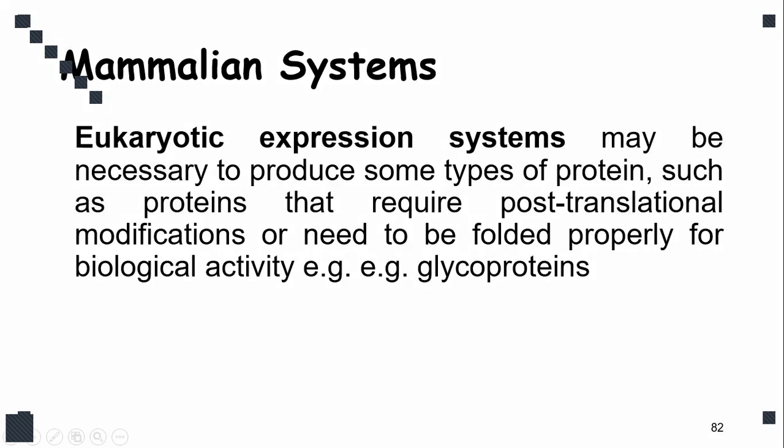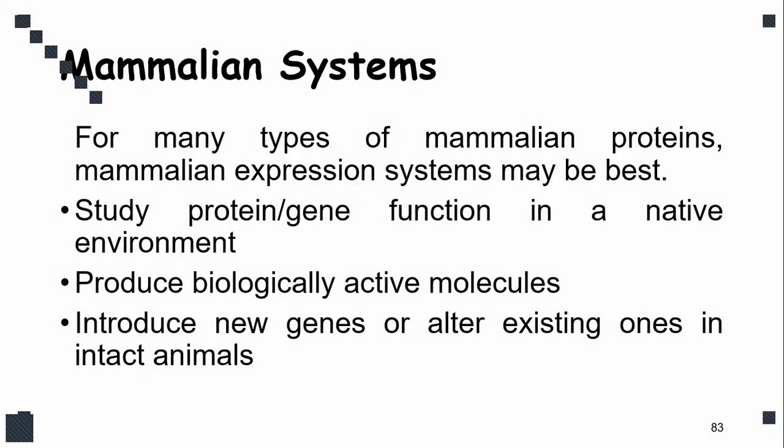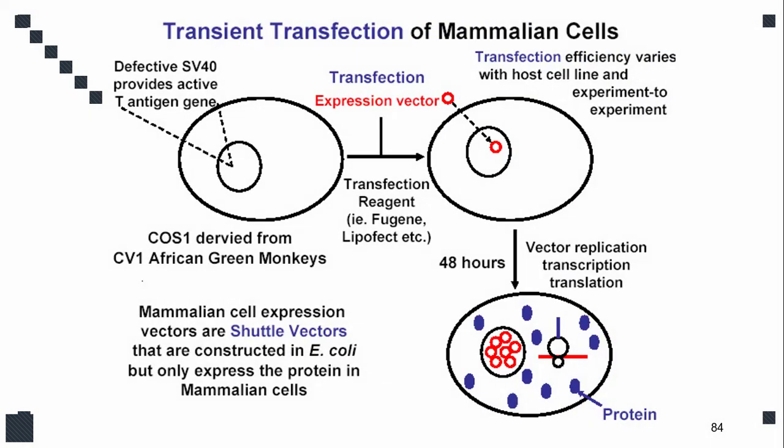So the eukaryotic expression system may be necessary to produce some types of proteins, such as proteins that require post-translation modification and proper folding, which is very important. Many types of mammalian proteins are produced in this system. Then we study protein function in their native environment, produce biologically active molecules, and introduce new genes or alter existing ones in the intact animal. These are all part of the way that is used to study and understand the phenomena surrounding certain